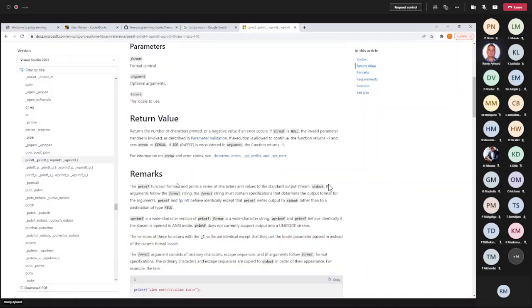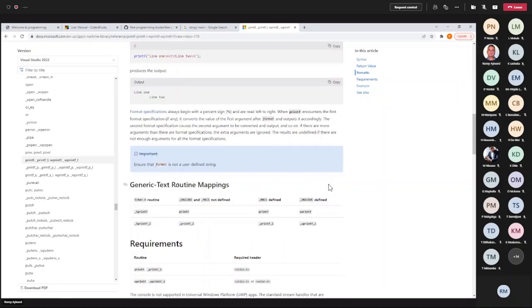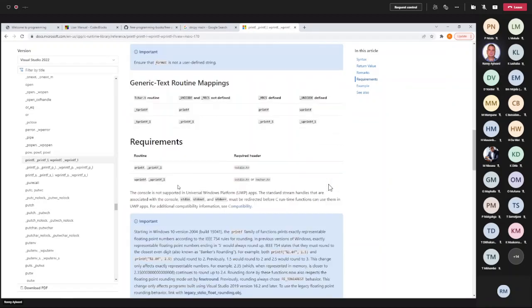But what is important is this part here. You see it says requirements, and then it says required header. So which library do I need to include? Standard IO.